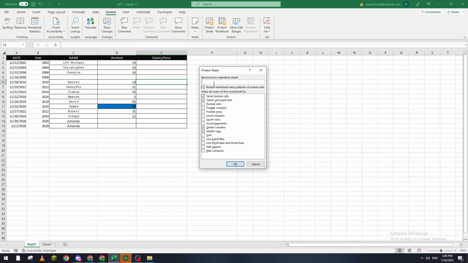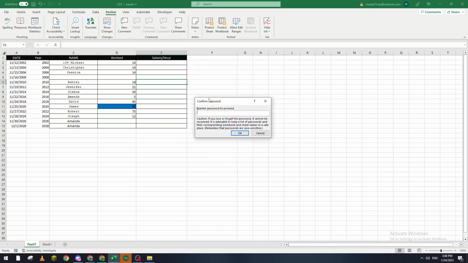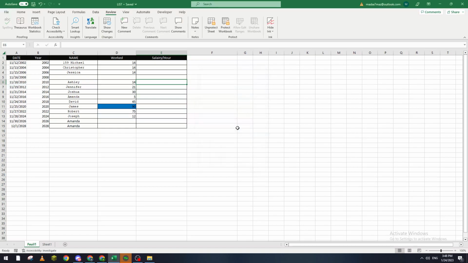So for example, let's put a password real quick. So let's make it real quick. 123 123. Okay, so now in order to remove the password and be able to actually start editing on